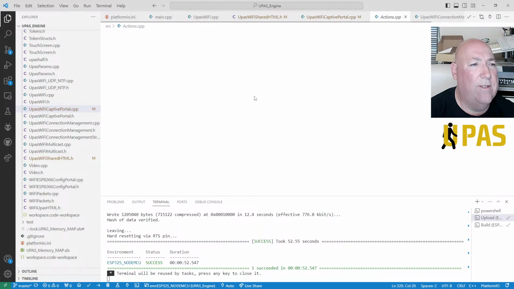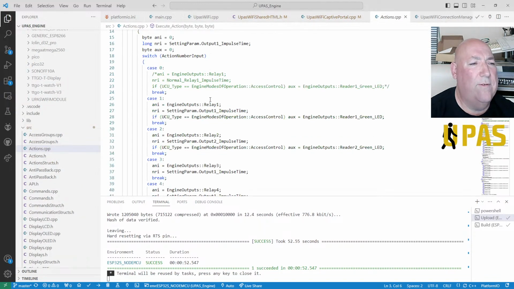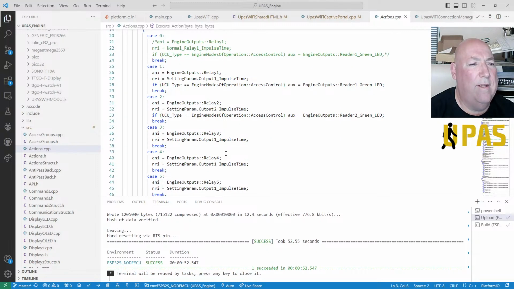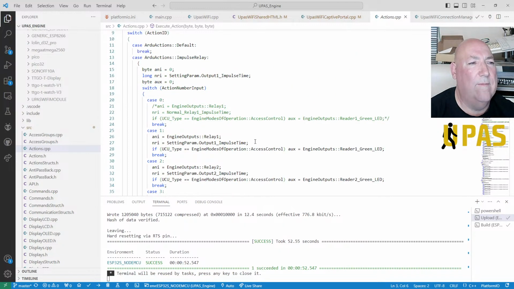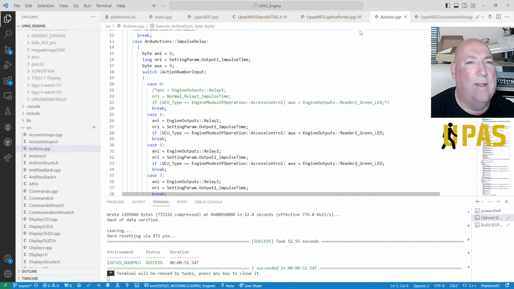Go to the definition. Right, so impulse button 3, relay 1, 2. I've got relay 3 up there. And it's just going to output 1 impulse time. It's already there. So that's fine. Yeah, we're okay. We'll leave that then.